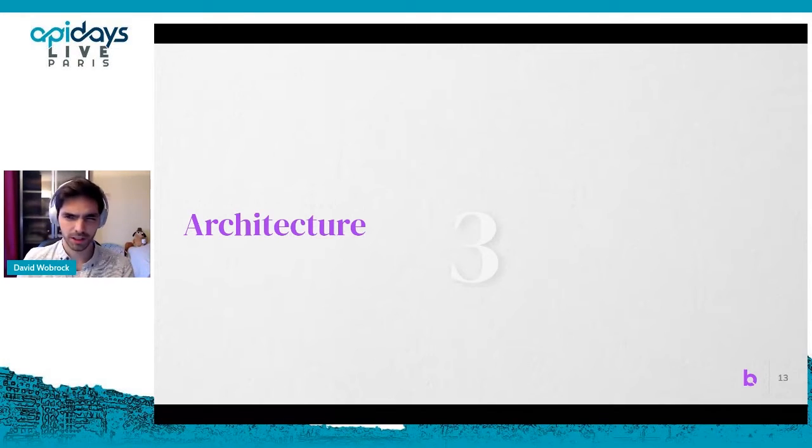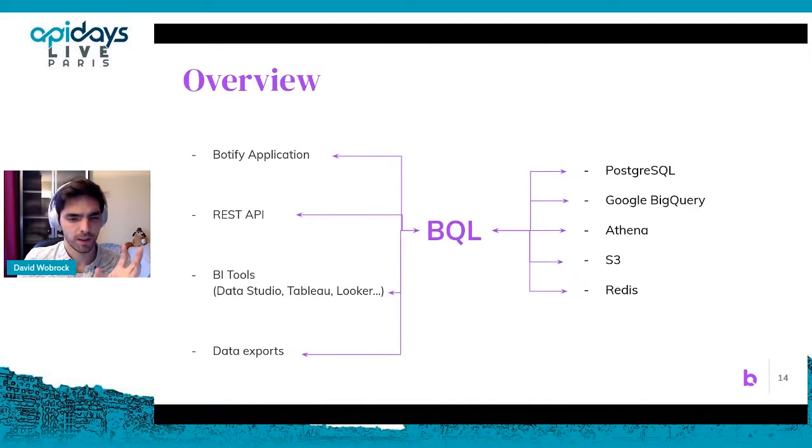So let's talk about the architecture. How are we achieving that? What's interesting here? The goal of this BQL is to be this interface, right? It's the API. It's this interface between the data where it is stored, what we have on the right side here, on different databases, different backends, and we see there not only analytical databases, and how to consume the data, in an application, in a REST API, in some other tools and exports. We wanted this to be this interface that we own, and we have the ownership of how we're going to do things in between the consumption and the storage of data.